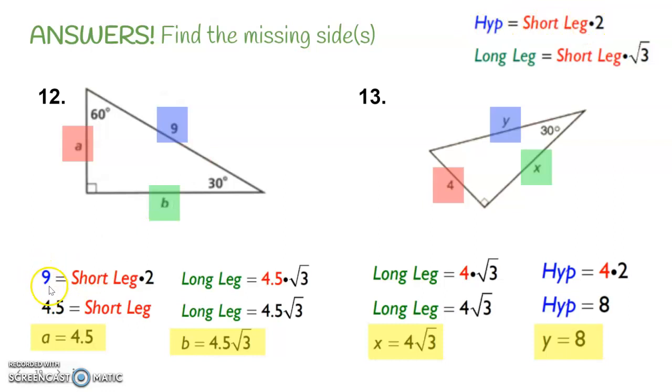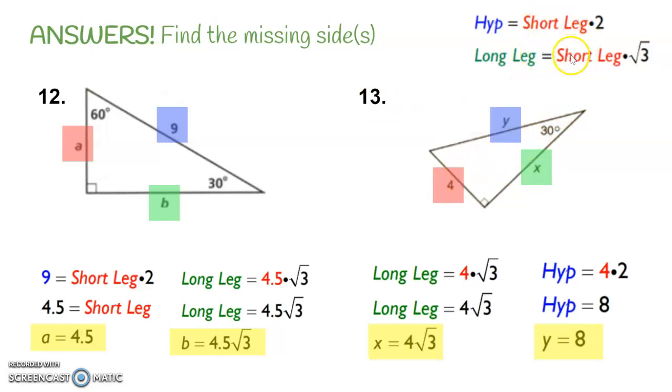Your hypotenuse was 9. To undo the multiplication of 2, we divide by 2, and your short leg is 4.5. Once you know your short leg, you can multiply that by root 3 to get your long leg. So the order does matter based on the information that you're given. For problem number 13, because again you were given the short leg in this triangle, you can actually tackle either formula first,